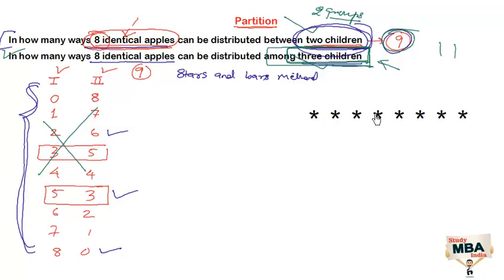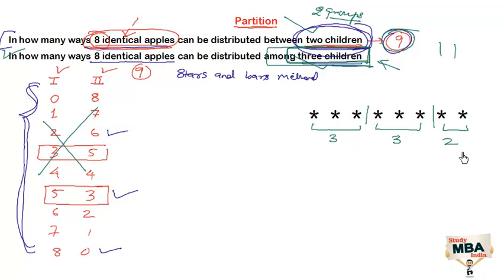Suppose one of the ways would be, if I put the bar at this place and this place, then the first group will be all the stars on the left side of the first bar. So we can see that the first child should get 3 apples. Similarly, the next one will be between these 2 bars, so the next child should get 3 apples, and the third one will be the right side of the second bar, that is 2 apples. So we can say that 3, 3, 2 is one of the possible ways of distributing 8 apples among